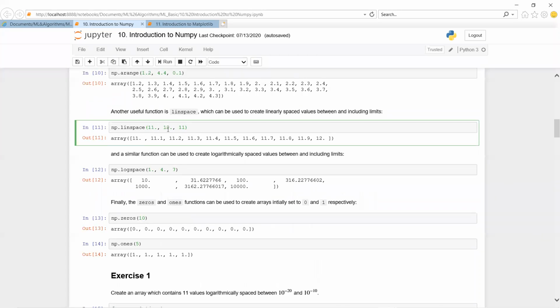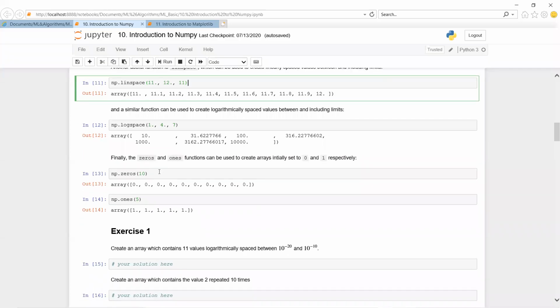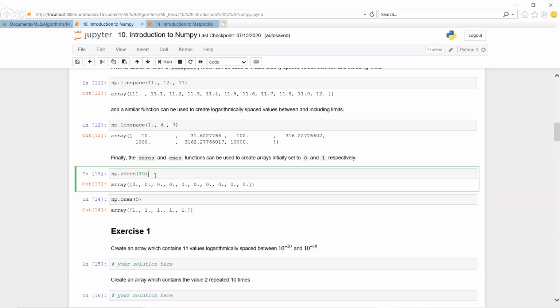Then linspace is similar, with 0.1 intervals between the values. Next, from 1 to 4 it is going to print using logspace, which takes base 10, meaning log 10 of 1 to log 10 of 4, with the specified number of values in between. And np dot zeros: if you want to create an array with all elements zero, we can use the keyword np dot zeros with 10. Okay, so next np dot ones.